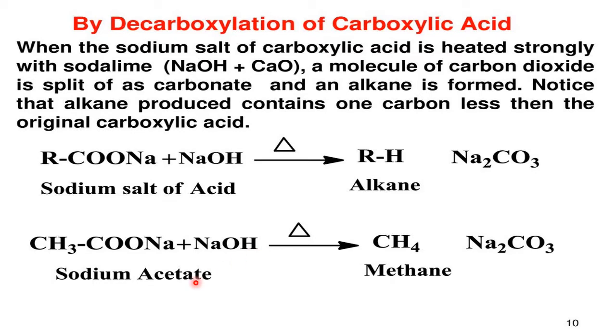This is the actual equation. CH3COONa is taken from CH3COOH, acetic acid, so this is called sodium acetate, with the sodium hydroxide, in the presence of calcium oxide. So this reaction is done in the presence of soda lime. What is soda lime? Soda lime is the mixture of NaOH and CaO. NaOH becomes part of the chemical reaction, whereas CaO acts as the catalyst. Therefore, Na2CO3 and CH4 are formed. Now we have destroyed the COO, converted into the CO3 group. That's why it is called decarboxylation.